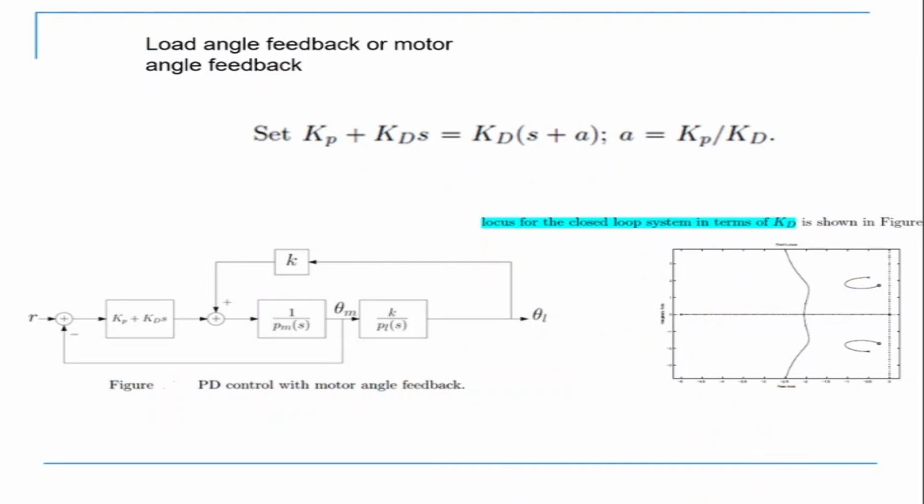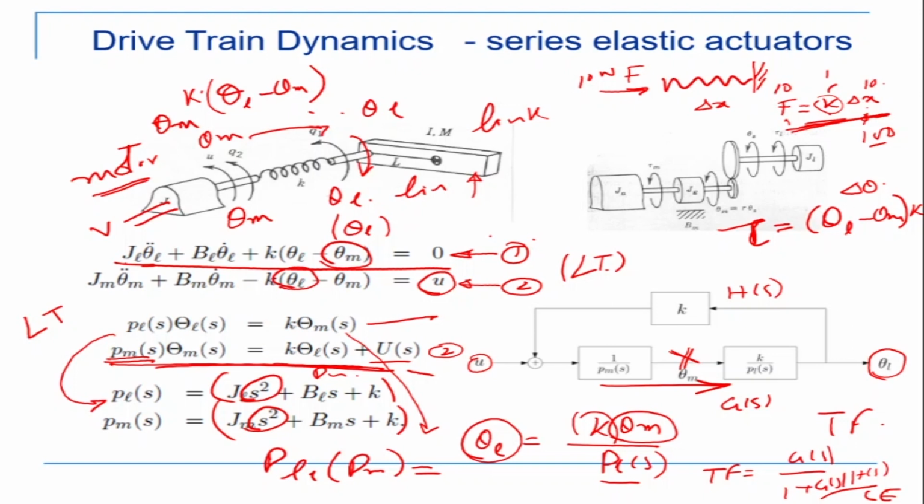Now this is the system. That means we have not added a controller till now. Now I want to control this system by putting a controller. So basically I now need to put a controller here. How much voltage I'm going to give to this motor will be decided by the controller now. The controller can be PD, can be PID. So now I'm adding a PD or a PID controller to determine how much voltage should be given to the motor such that the link will go to some desired position.